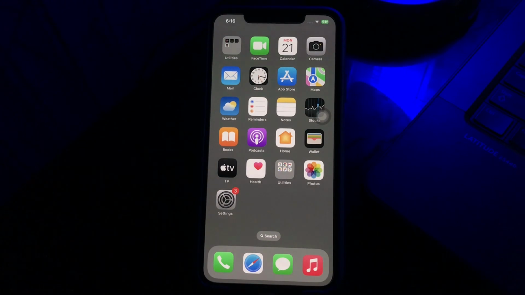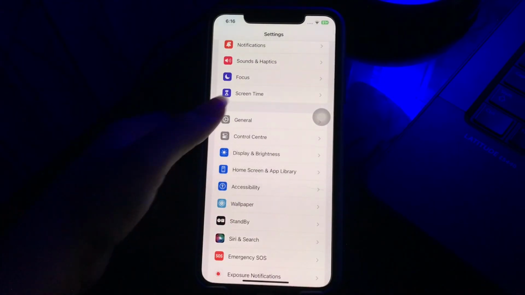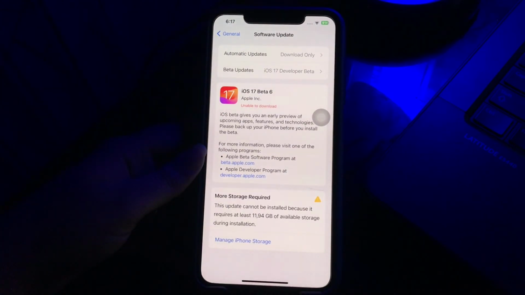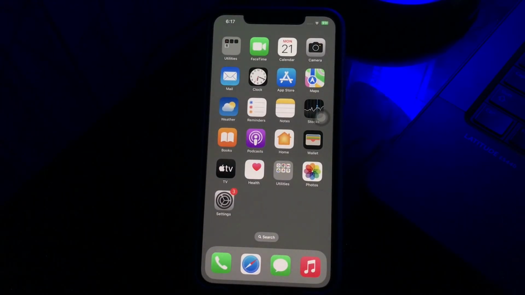And the next step is update the iOS software. When the iOS software on the iPhone is not updated for some reason, it might be the cause why you are facing such an error message. So we suggest you update the iOS software to the latest version. For this, go to the settings page, scroll down and then tap on general and then tap on software update. Wait until the page is loading. See if there is any update available and tap on download and install the latest iOS version on your iPhone and you are done.